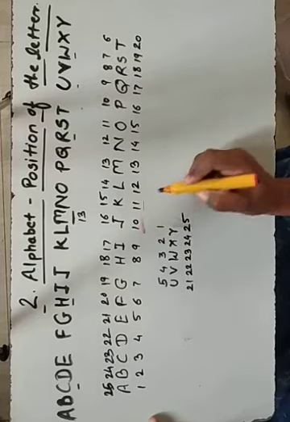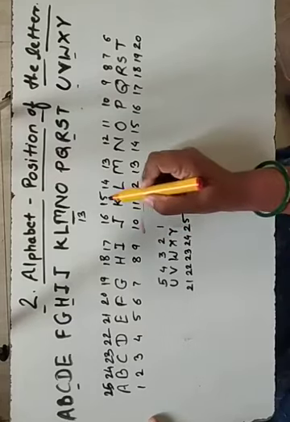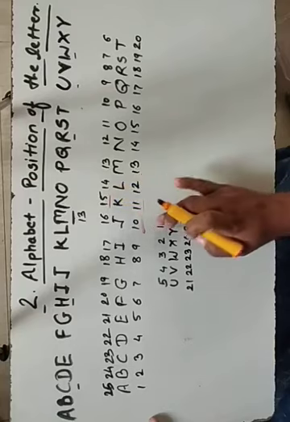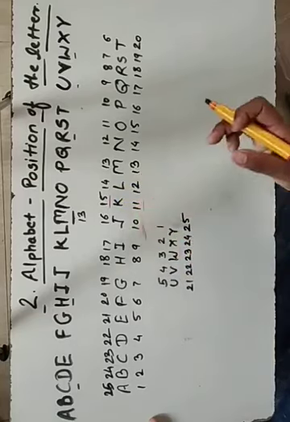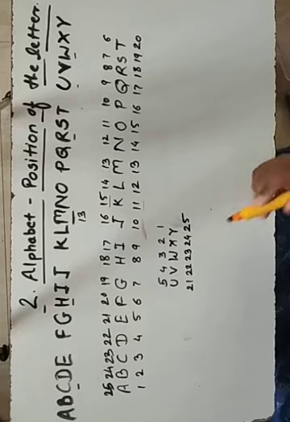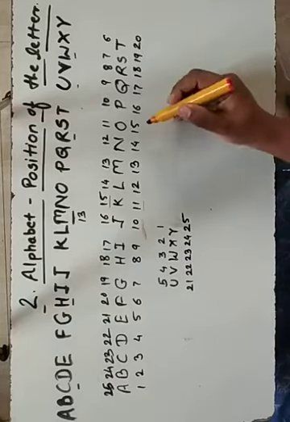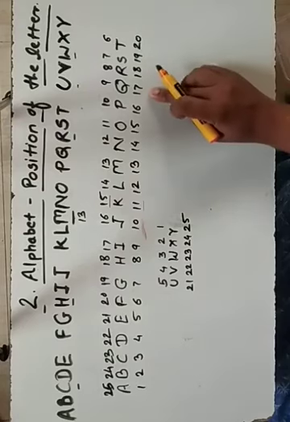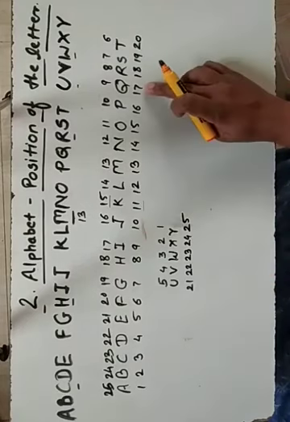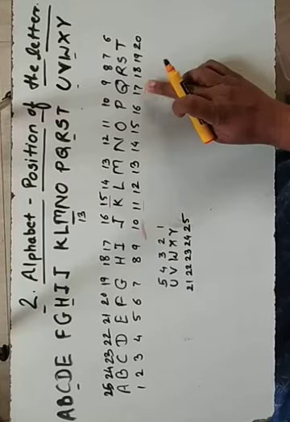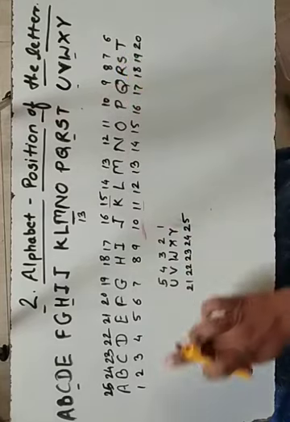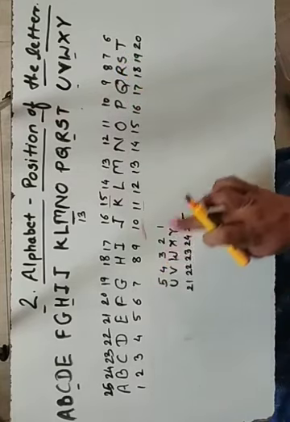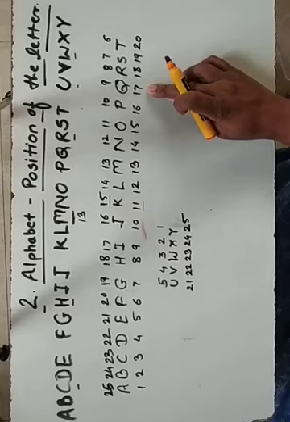From left it is at 11th position, and from right side it is at which position? 15th position. So if we know both the things, then whenever we are solving this example, it will be easy for us, or within a minute we can solve this example. Now if Q we are taking, from right side Q's position is which? From right side Q is at 9th position, and from left side Q is present at 17th position.